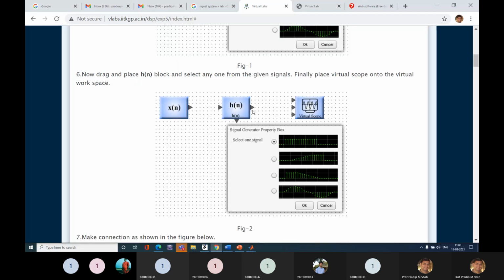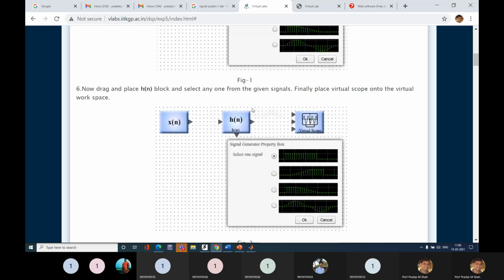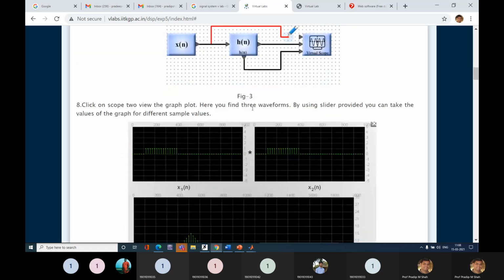The output of the system is a convolution of the input and the impulse response of the system. So that will be x of n convolved with h of n, which is my output y of n. So y of n is simply x of n convolved with h of n. Is it right? This should be understood first.